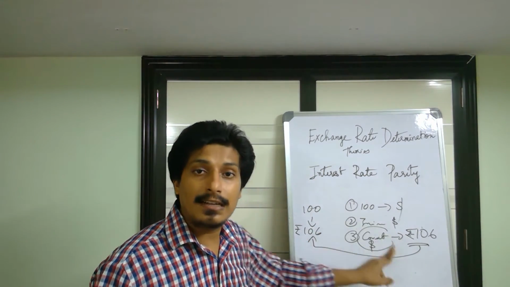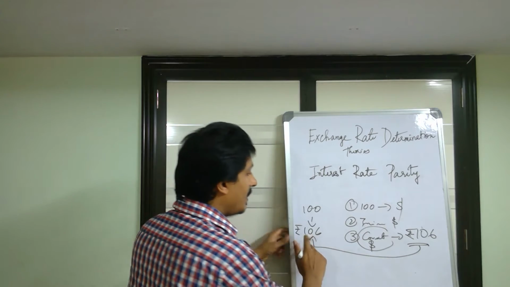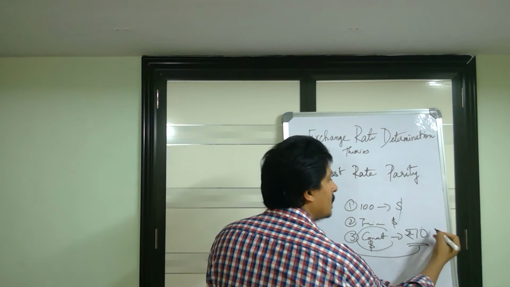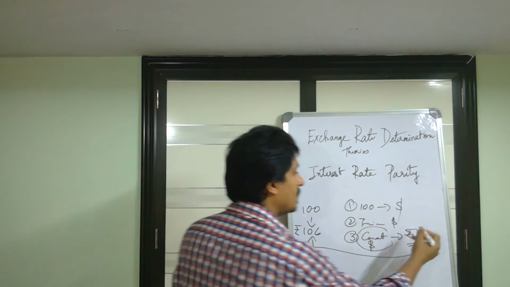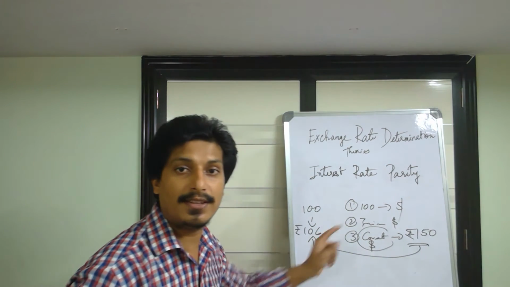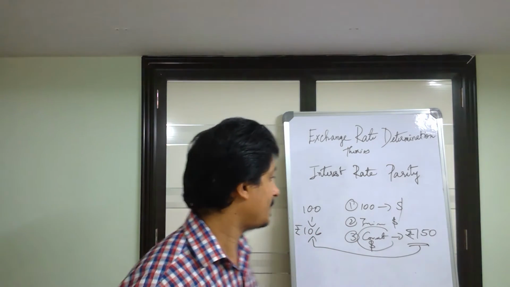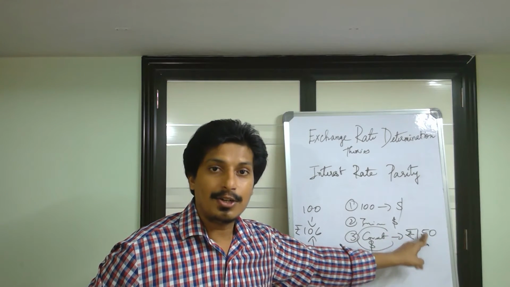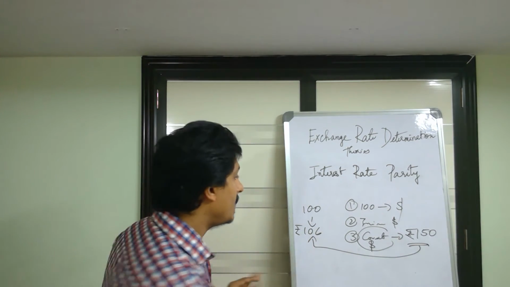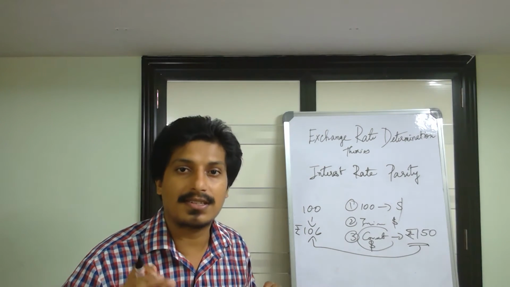But if this interest rate parity does not hold good, if in India the value received was 106 and the rupee value of the dollar future value, after dollar conversion, was 150, then instead of investing in India, you will go and invest in the US, because the rupee value you get is more from US investment than Indian investment. If this situation exists, here 150, here 106, it means there is no interest rate parity.